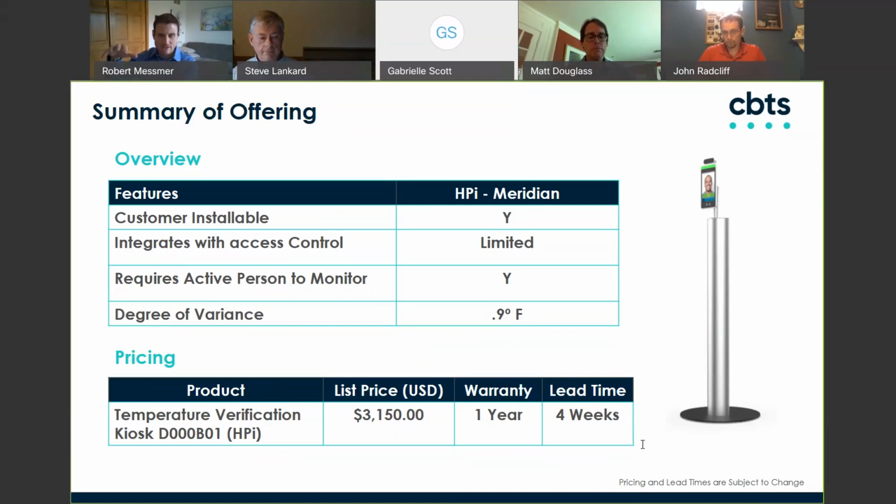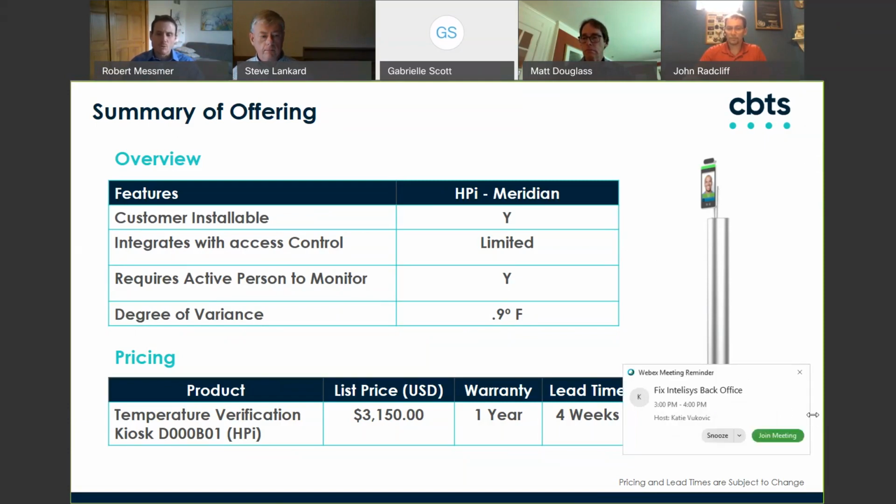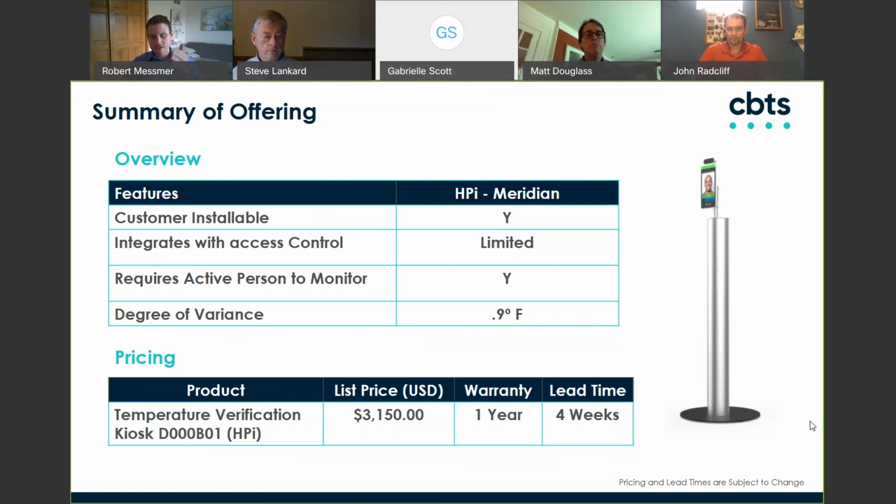And then you start seeing some of that data collection might be in the blacklist from government institutions. The other thing is the price points as you go down that path are exponentially higher. So where we landed as an organization was to get something that's intentionally a standalone that we feel, as Steve said, gets businesses back to work, that allows them to triage this at a price point